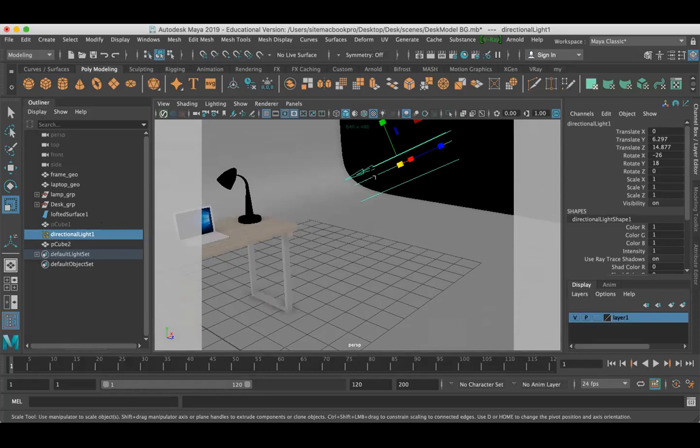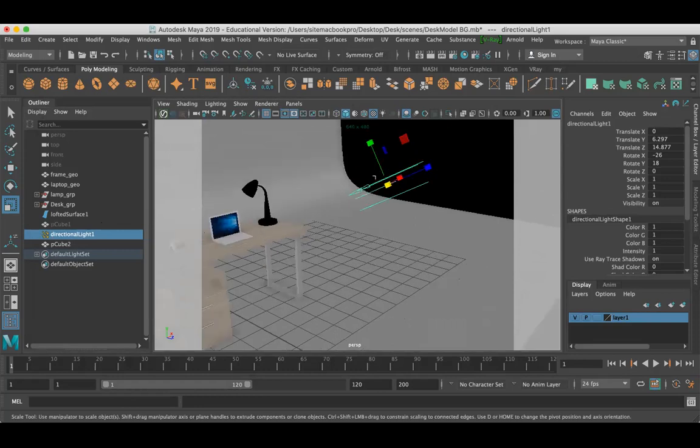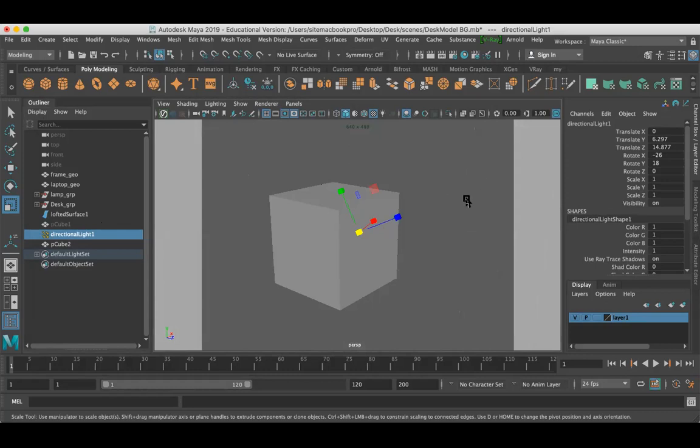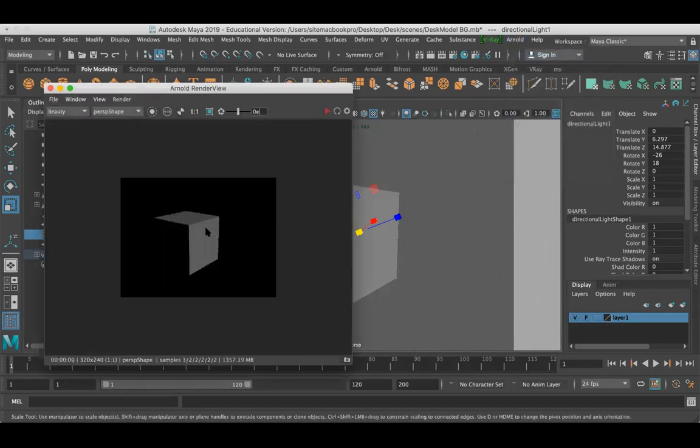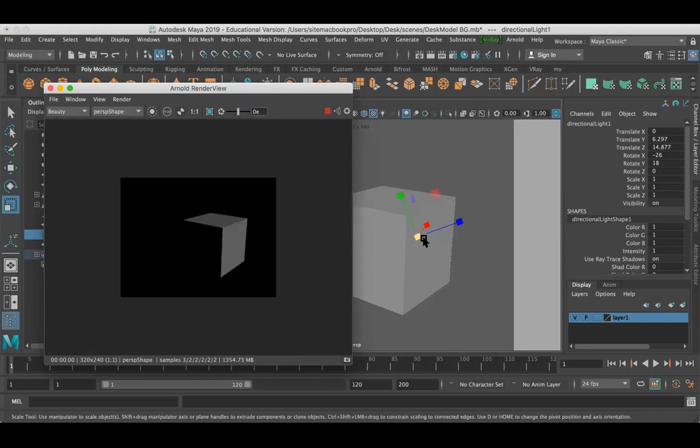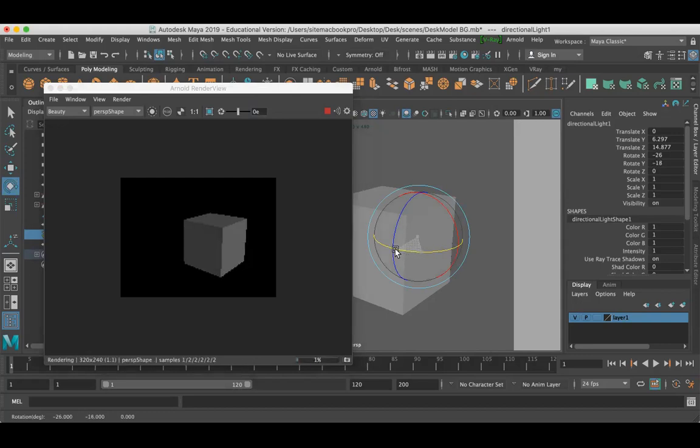I told you, it is similar to sunlight. The source is coming from the outside and it hits here and we are getting nothing. And if I hit render now, you can see the box, so the light is working on the outside. So now look here, I want to hit play and rotate my light, so you can see the changes here. The light only works on the exterior of the box, not inside the box.